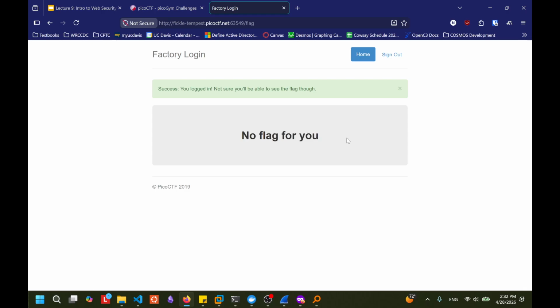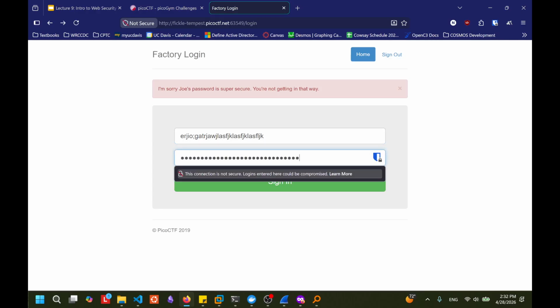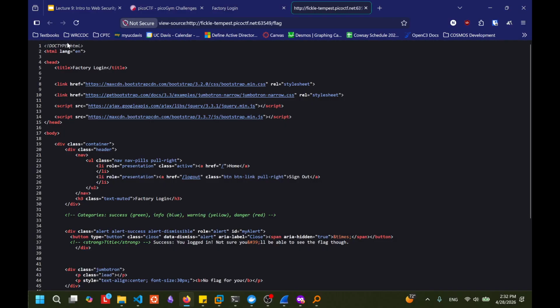For me, this raises a couple of suspicions. I can log in with any random set of user credentials. It seems that there's nothing really authenticating, no username and password check. So that makes me want to look at the source code. Always investigate all the leads.